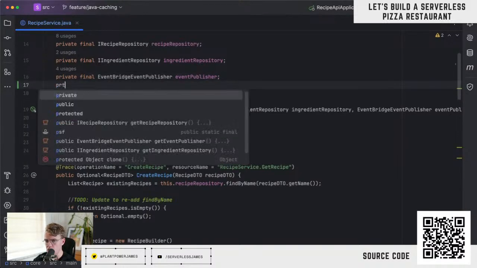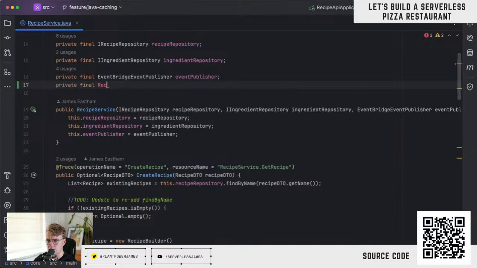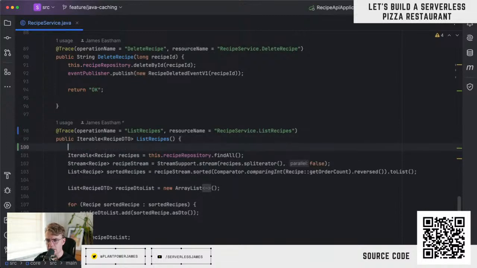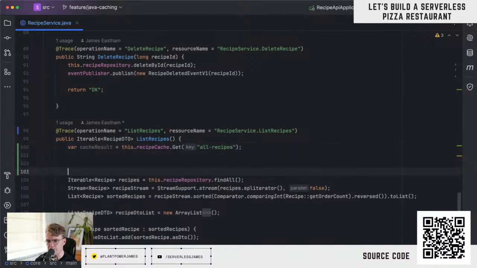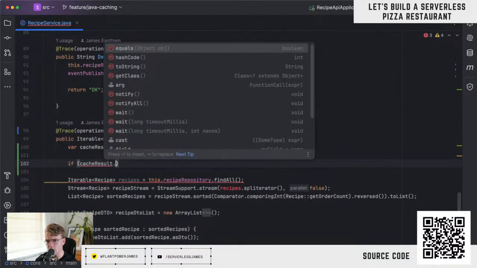So let's inject our private final recipe cache, and I want to initialize that from the constructor. So when this list request happens, I'm going to do var cache result. The first thing we want to do is check the cache. And I'm going to cache this under a key of all recipes. And now if the cache result